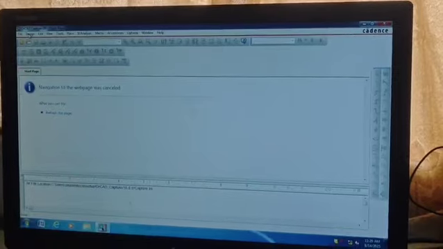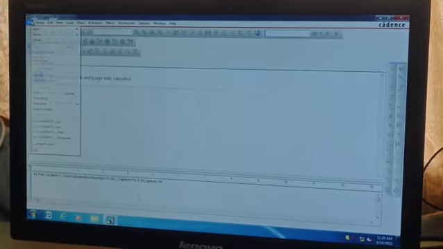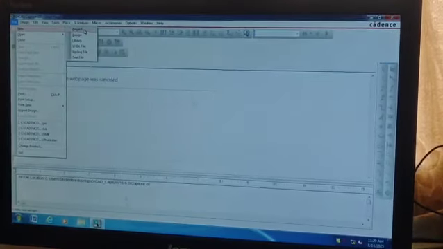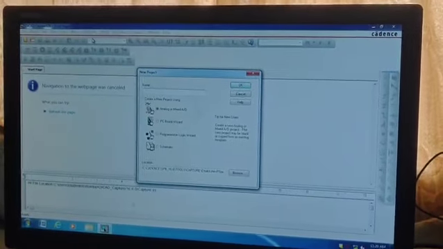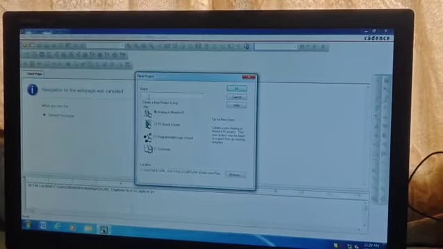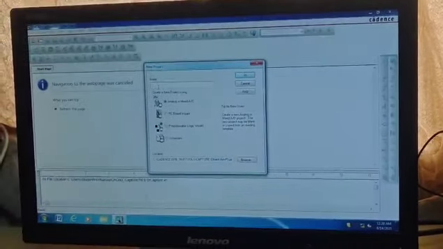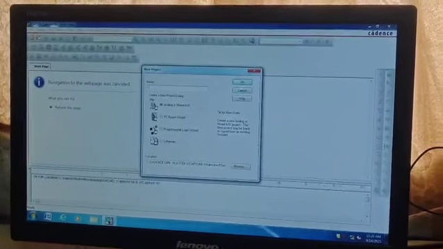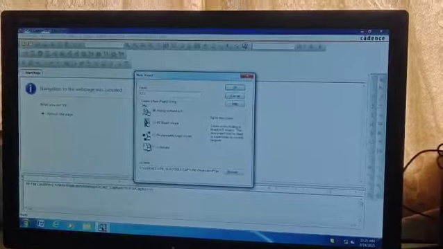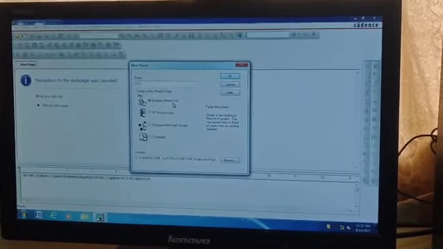Okay, next you have to go for file, new project. Here you have to create a name for your project. For example, the first experiment is Kirchhoff's current law, so I am giving it as KCL. You can give your own name, whatever name you want, and you have to select this analog